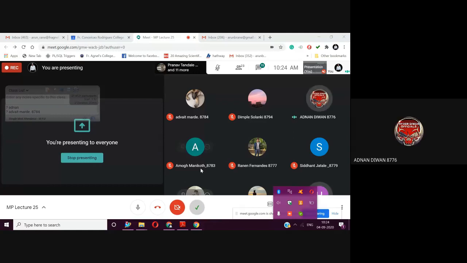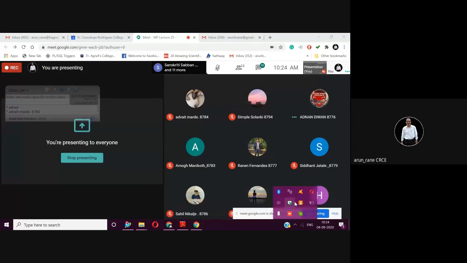The voice is cracking. Is it because of the connectivity, or is it a mic issue? Check that your earphone is connected properly. Okay.